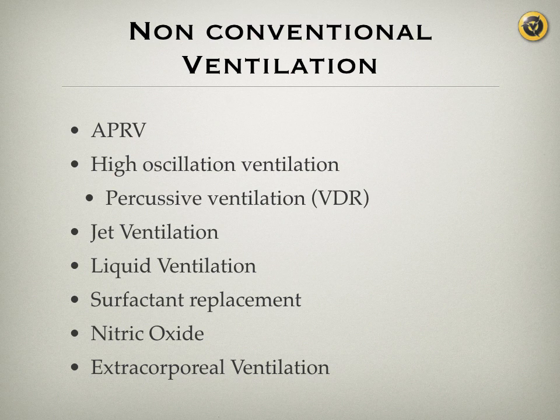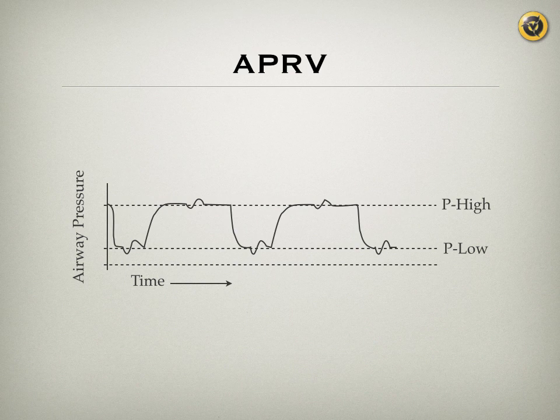So APRV is an extreme form of inverse ratio ventilation. What does that mean? Remember when I said when you do inverse ratio ventilation, now the inspiration is longer. It could be 1 to 1, 2 to 1, 3 to 1. APRV is an extreme where you have the higher pressure, which is conventionally thought of as inspiration, for 4 seconds, for example, or 4.5 seconds. And then you let the patient's pressure drop to baseline for half a second and then goes back up. The only critical point of this is that you have the patient's P high, or the high